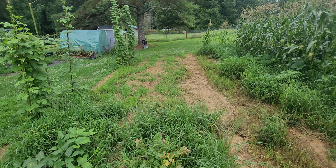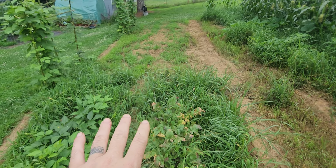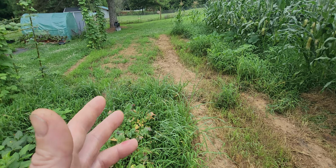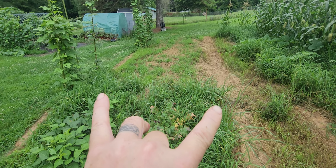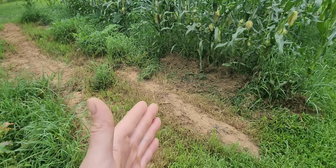I thought it would be a good idea, but they are inconvenient. So we're going to flatten it back out. We're going to revitalize this with good soil. I'll probably mix it with topsoil, potting mix, stuff like that. We'll fertilize a little bit, and then we'll make a flat area. I'll get some 6-foot landscape fabric and then punch little holes and grow stuff, because in the south weeds are